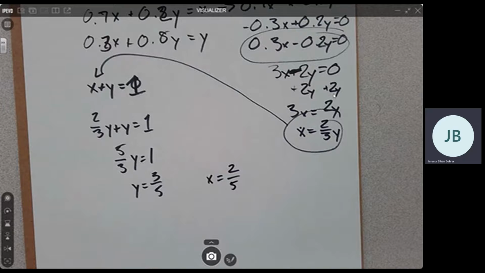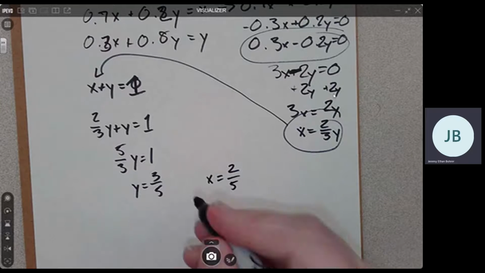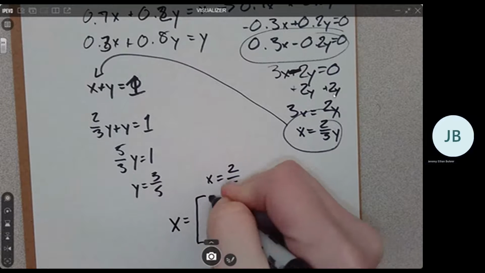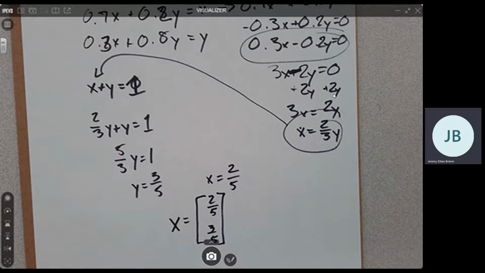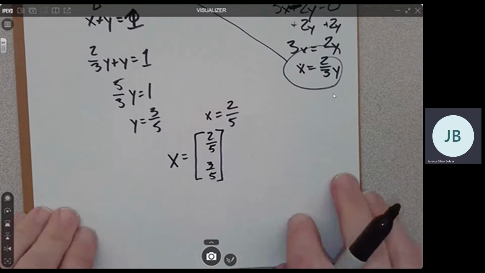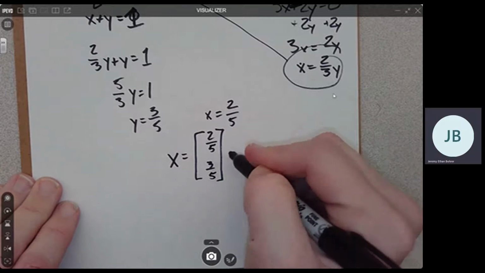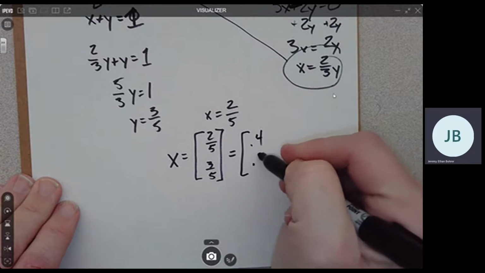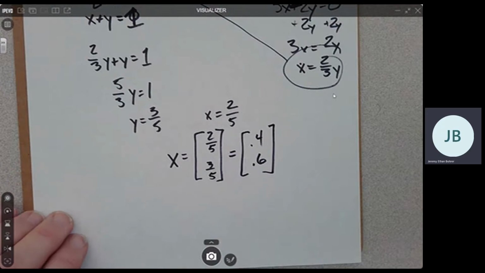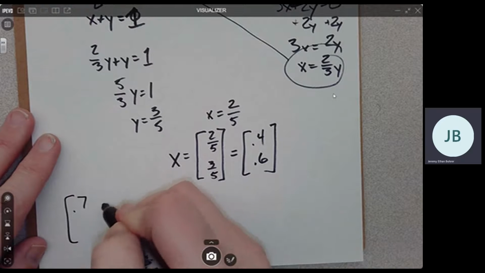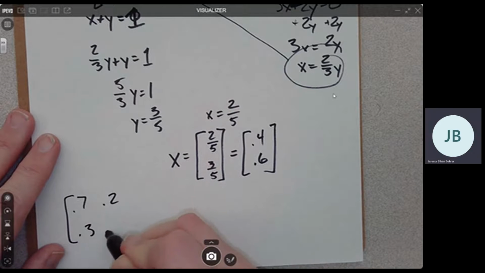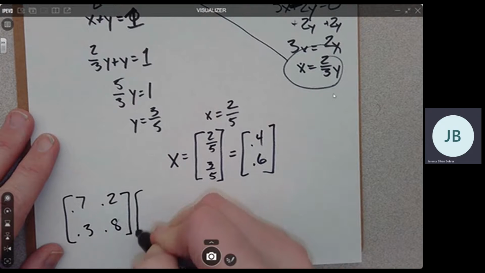And now we have our vector that makes this true. X equals 2/5, 3/5. That's our x vector, not our x variable. And if we plug this into our original matrix multiplication, we'll see that it's true. We can rewrite this as 0.4, 0.6, which we may remember from an earlier problem. If we take 0.7, 0.2, 0.3, 0.8, and multiply it by 0.4, 0.6,